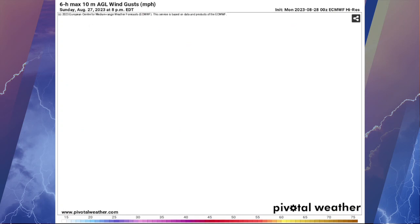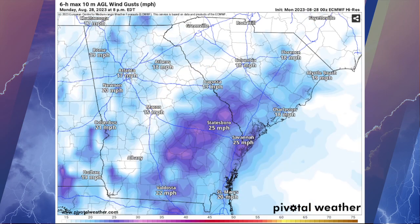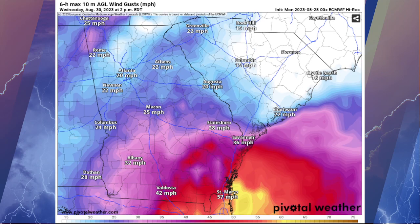So again, this is the European model. All the different models have a different output, but moving through the day today, we'll just kind of skip through that. Yeah, it's going to be breezy at times. Tomorrow, here's where that wind starts in as we go into Wednesday morning. 30-mile-an-hour wind gusts by 8 a.m. in Valdosta. St. Mary's, 33. Watch the wind in St. Mary's as we head into Wednesday afternoon. 57-mile-an-hour wind gusts. So, yeah, it's going to be very, very gusty down in extreme southeast Georgia toward Jacksonville, but